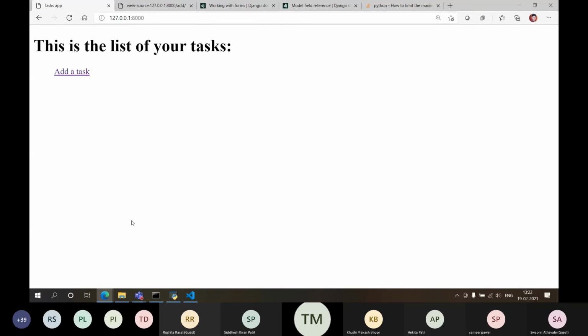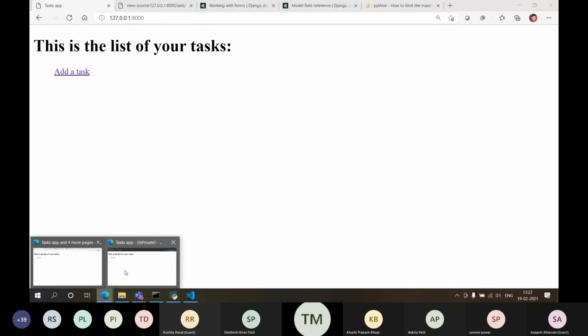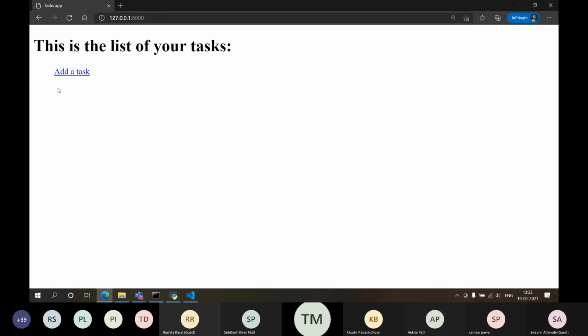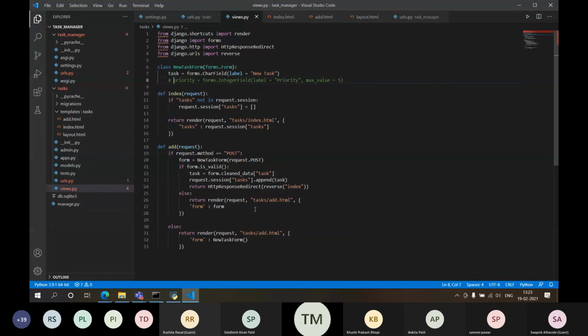Oops, I'm still not able to add. Let's check over here. Here also I'll not be able to add. Write a mail, add a task. What is wrong with the code? Request session tasks, and the task from the form's cleaned data, right? Reverse index.